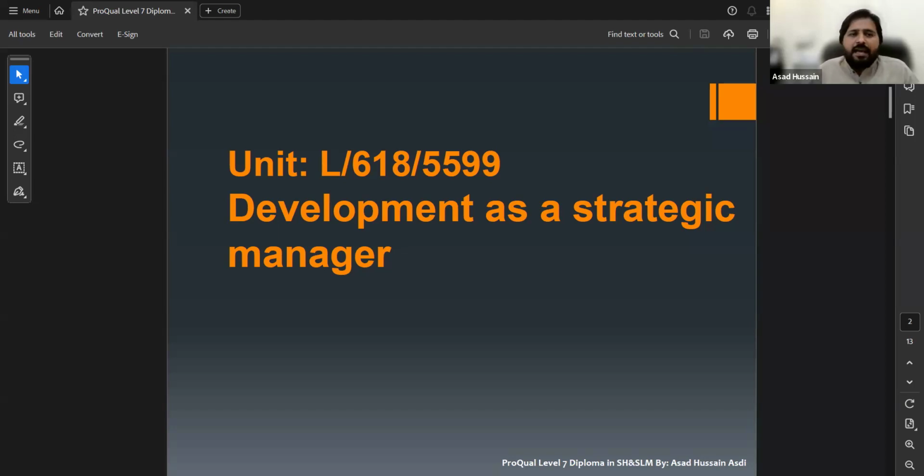Just like management, there is a difference between a simple management and a strategic management. Here we also have a difference between a strategic manager and a simple manager. When a person is having control and direction of an organization, we call him a manager.